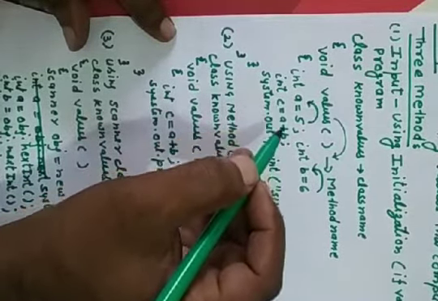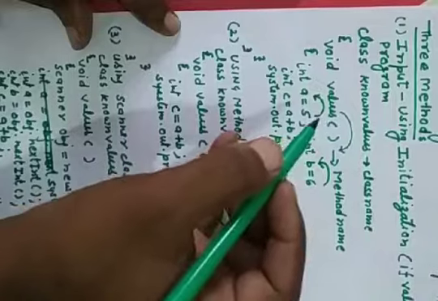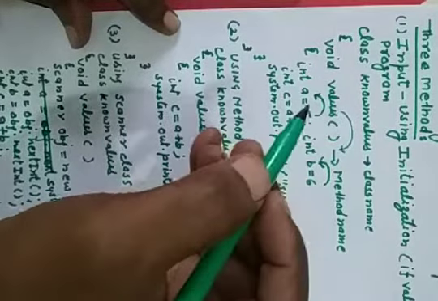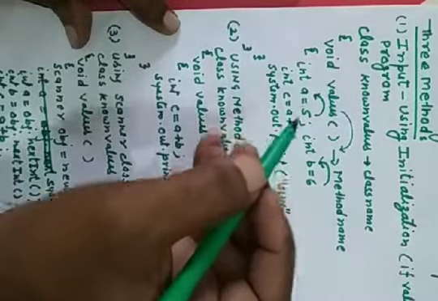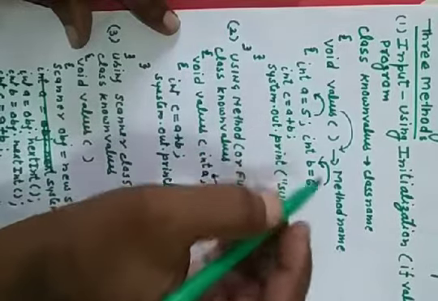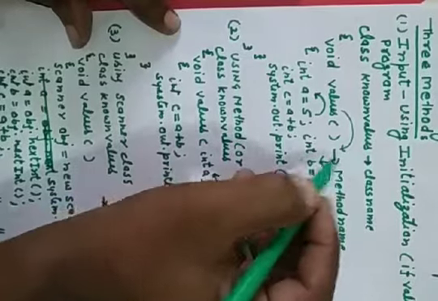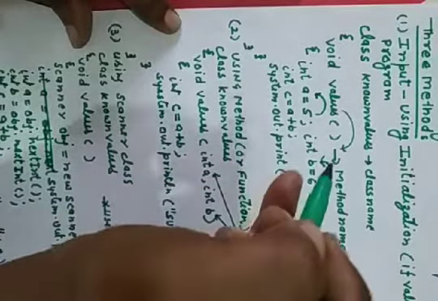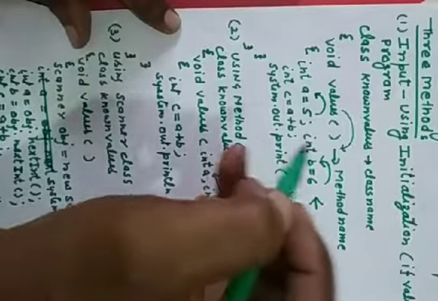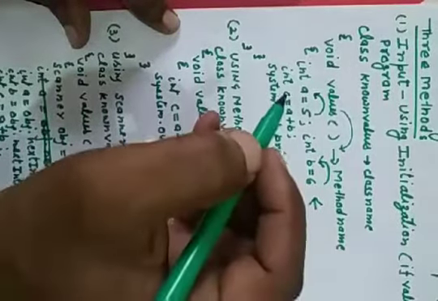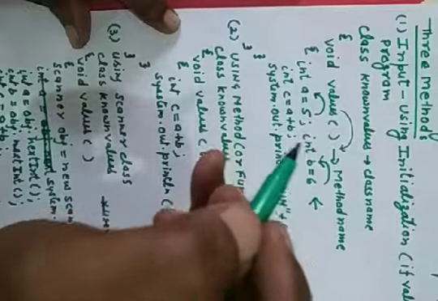System.out.print sum: the message will be printed, then the value of c will be printed. What is in c? There is the addition of a and b. So this is the first method. Here this is actually a program, but I want to explain to you the meaning of initialization. Only in this line is initialization being used, nothing else. Otherwise it is a program. In this program we are adding two numbers a and b, and the numbers are known.